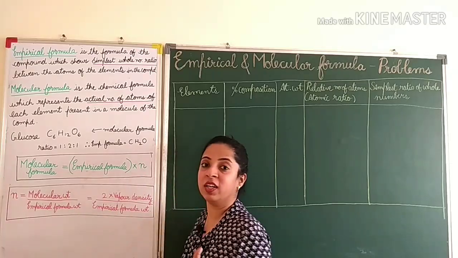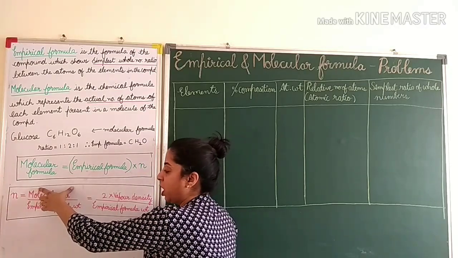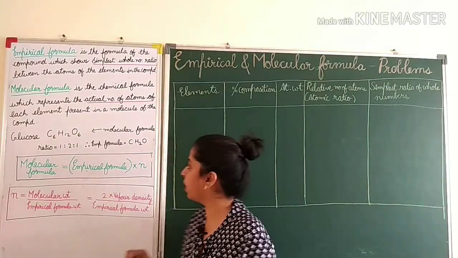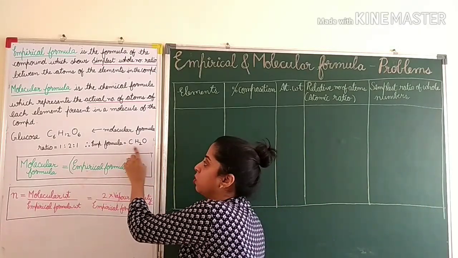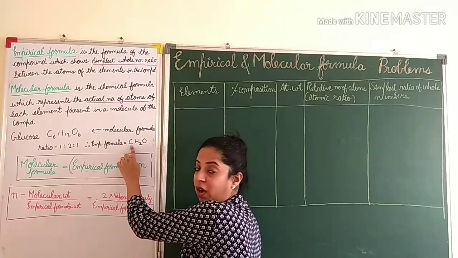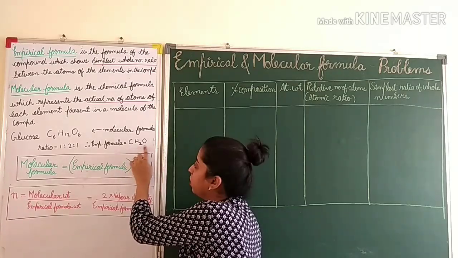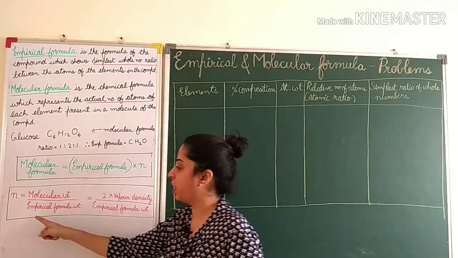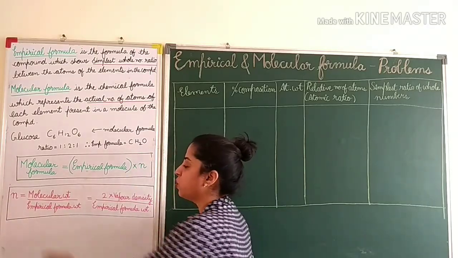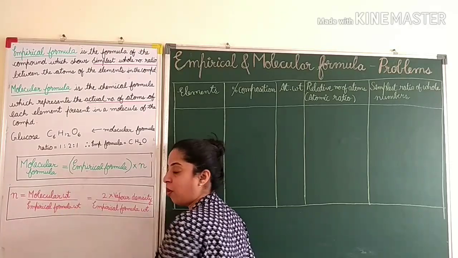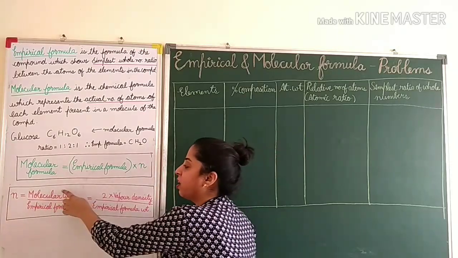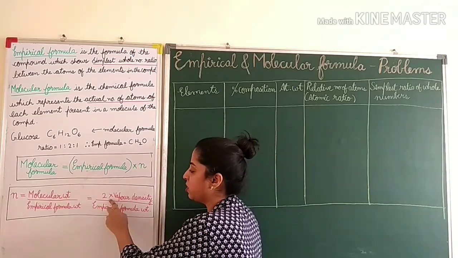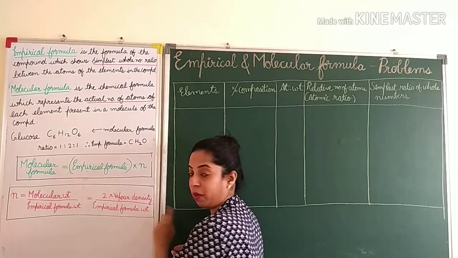The molecular weight of the compound will be given to you in the question, and from the table you will calculate the empirical formula, for example CH2O. Then we take the weight of carbon, plus twice the weight of hydrogen, plus the weight of oxygen, and we add it; that gives the empirical formula weight. So N is molecular weight upon empirical formula weight. Now as you know, molecular weight is also equal to 2 into vapor density. So here we can replace it with 2 into vapor density upon empirical formula weight.